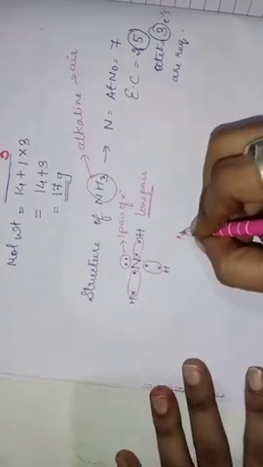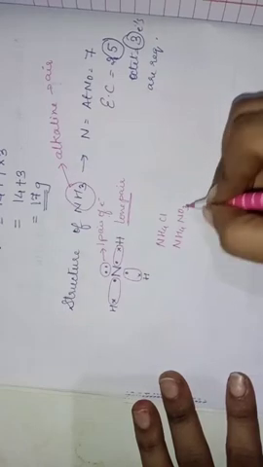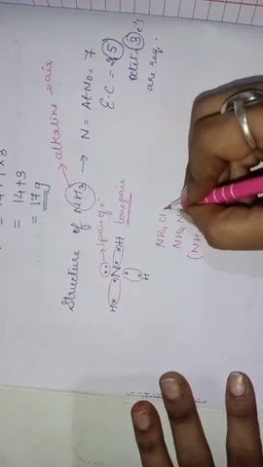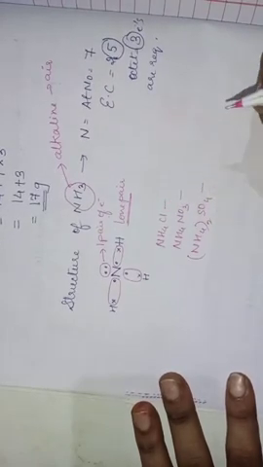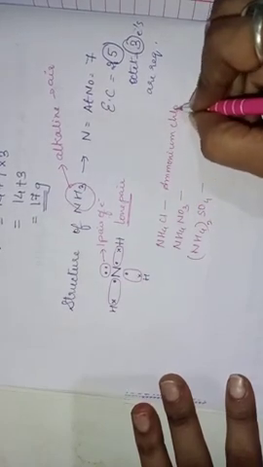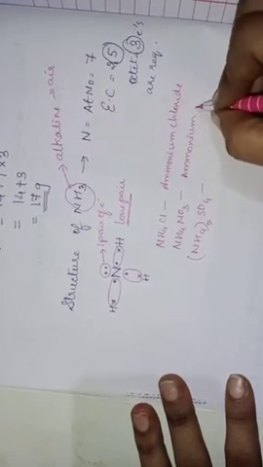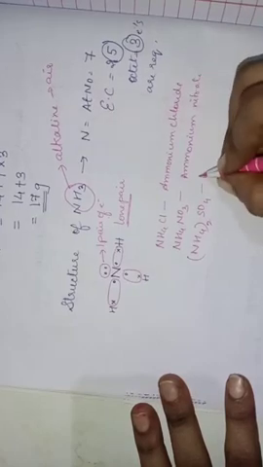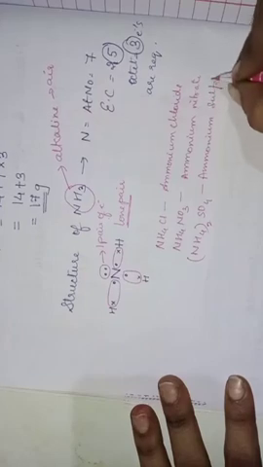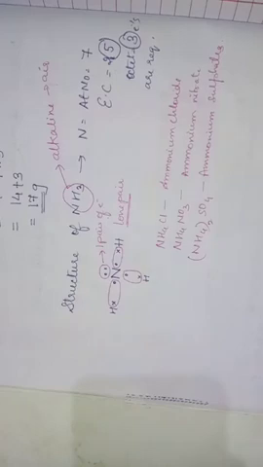Ammonium salts are like NH4Cl, which is ammonium chloride; NH4NO3 is ammonium nitrate, children; and (NH4)2SO4 is ammonium sulfate. So these are certain salts in which ammonia occurs, in the combined form.